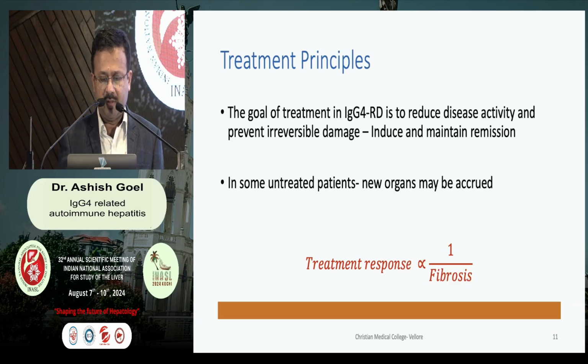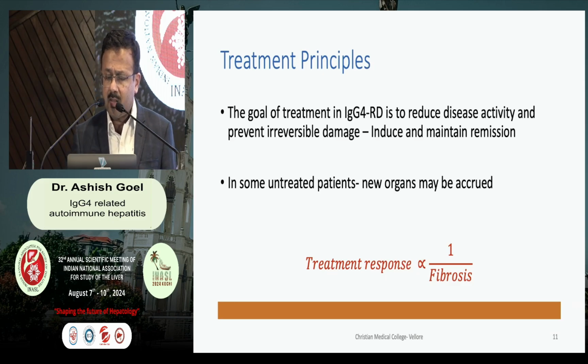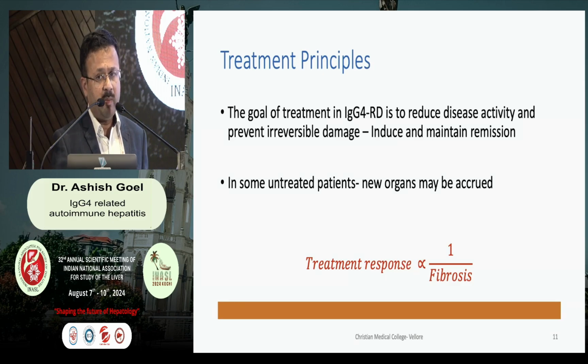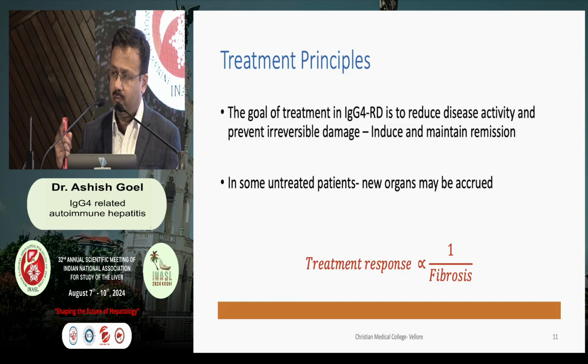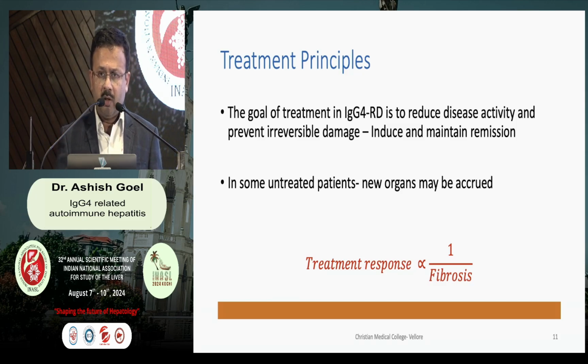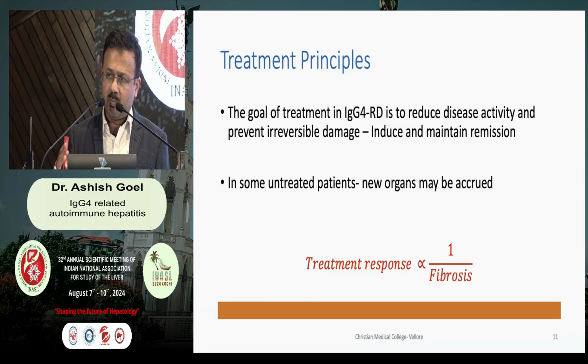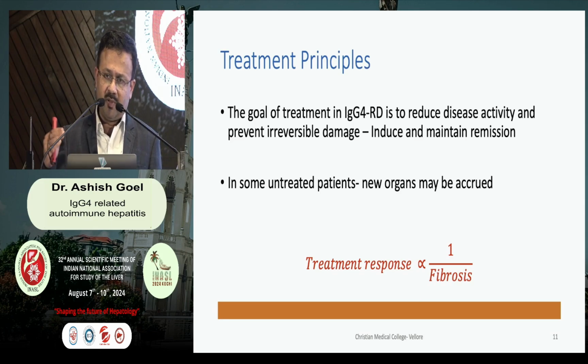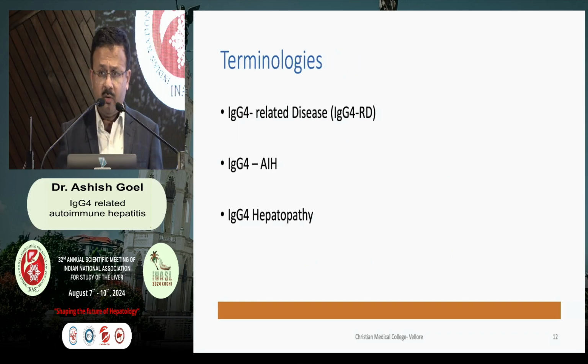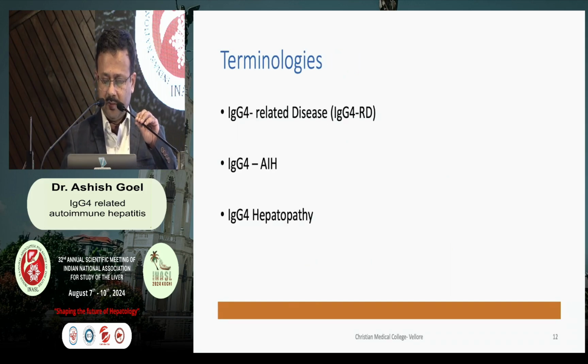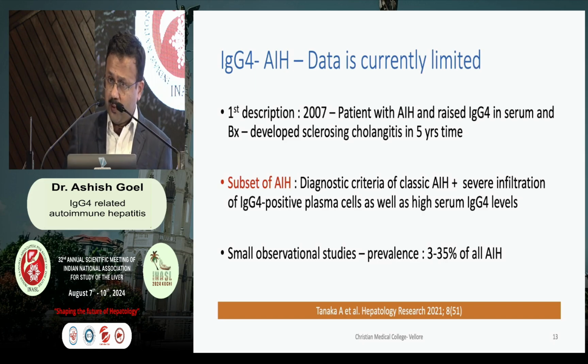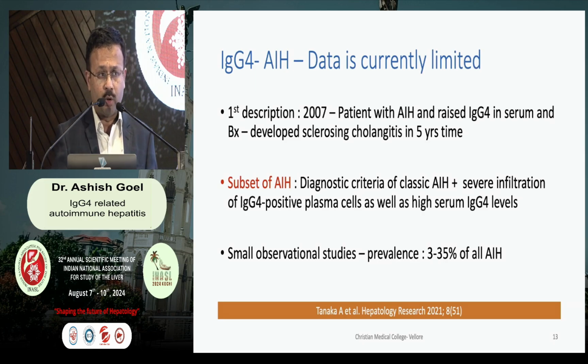Sunil was telling already. In some untreated patients, there may be a metachronous involvement of new organs. Now, we all know that the treatment response depends upon the underlying fibrosis. If there is more fibrosis, there are fewer chances of responding to treatment. Now, coming to the second entity, which is really the entity that I was supposed to be speaking on, is IgG4 autoimmune